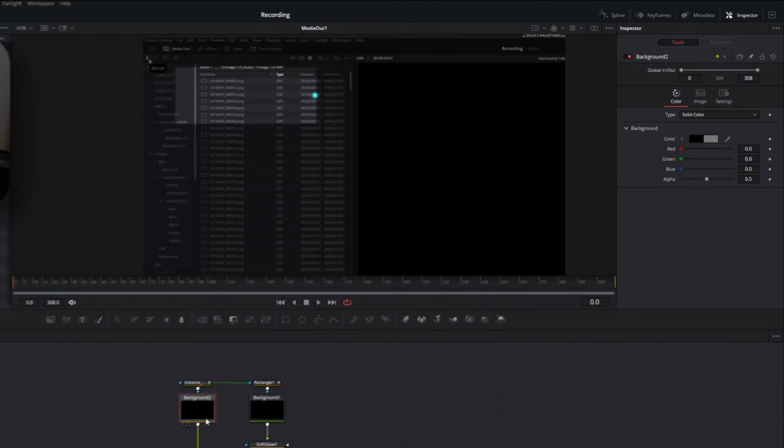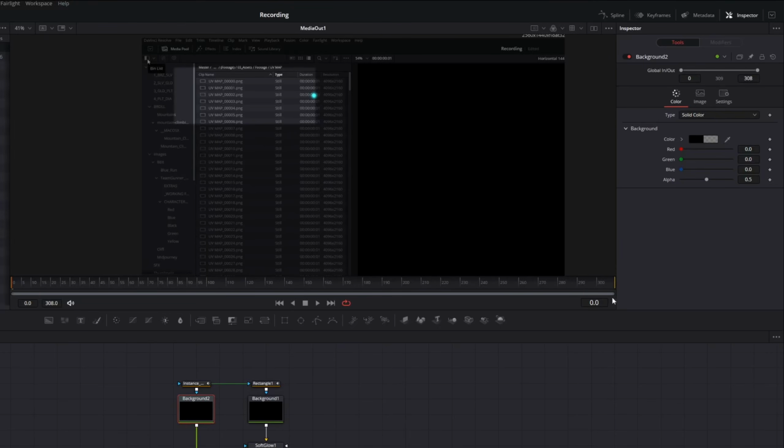So with our background 2 node selected, go ahead and go back to frame 0, set a keyframe for the alpha. And then I believe we did the 120 frames or 2 seconds. Then again, set a keyframe, hop back to the beginning of the animation and turn our alpha to 0. So now if we play this back,